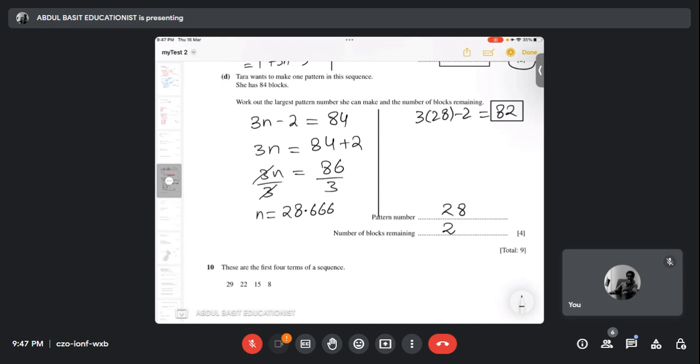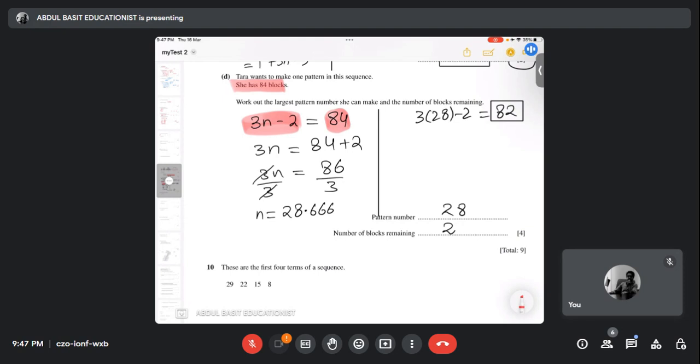Is this clear? नहीं, ये पार्ट की समझ नहीं आ रही या लास्ट वाला पार्ट, ये कौन सा नंबर ऑफ ब्लॉक्स रिमेनिंग? हाँ, देखो, हमारे पास था, दिस वाज द फॉर्मूला इन द क्वेश्चन। Yes or no? Yes. Now she has 84 blocks, तो मैंने इसको 84 के इक्वल पुट किया है. I was interested to see that how many blocks she can make with that. Is this clear? So then I found out the